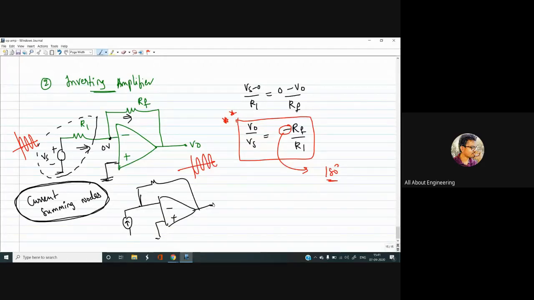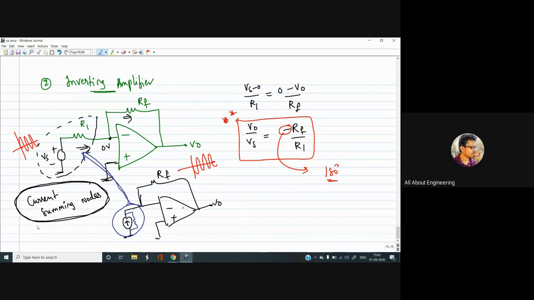Mostly no one will focus on this point. This is how the circuit would appear, but you can program this current source. All these things are not required for GATE, but as there is time, I'm just explaining. This can be programmed in this fashion using the source transformation theorem. This is how the practical current source would be. You can program it using a voltage source connected in series with a resistance, because apart from current mirrors, there is no possibility of getting a current source while solving these things. Only due to current mirrors can we generate current source circuits.